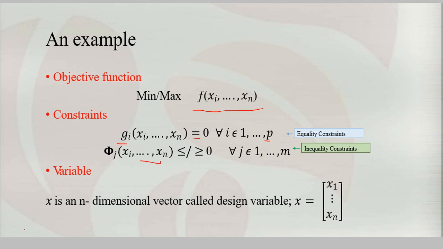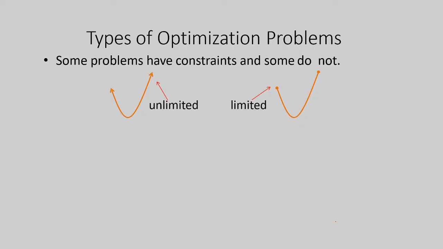And the third one is the variables. When we talk about the variables, they are the input we were discussing from the beginning. So xi is an n-dimensional vector called design variables or product variables, which can be represented in terms of n number of variables. i may vary from 1 to n. So these are the three components we will be covering under this topic of optimization: the first is the objective function, the second is the variables, and the third is constraints.